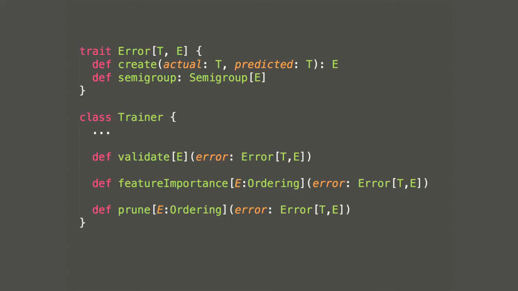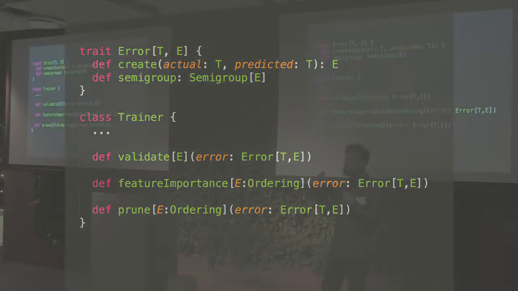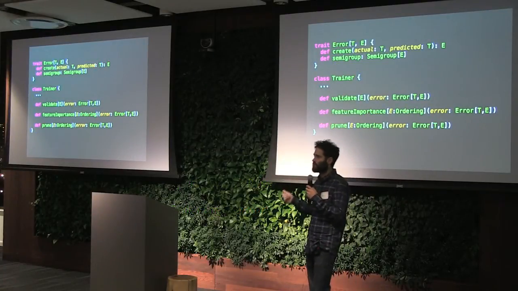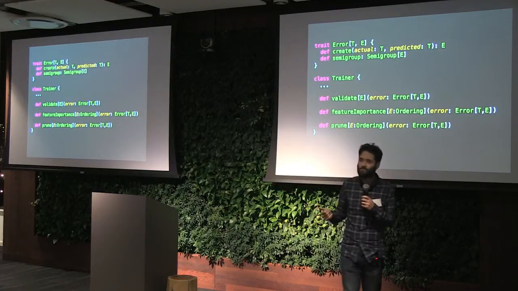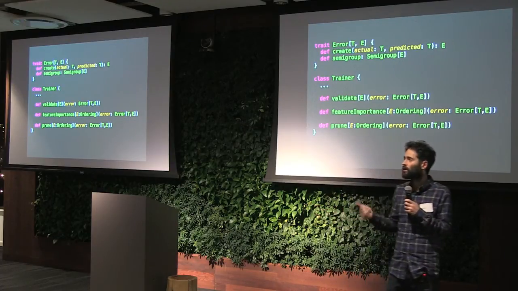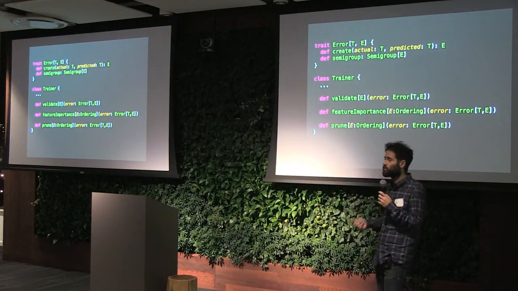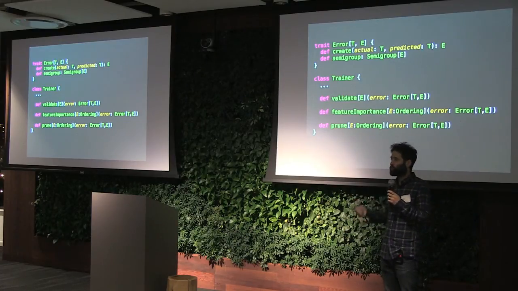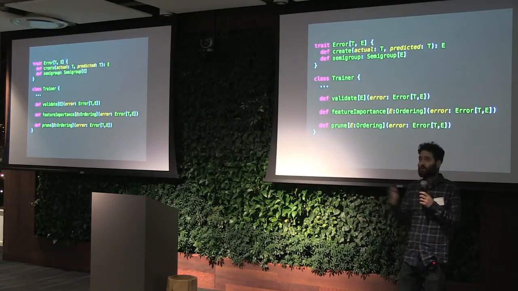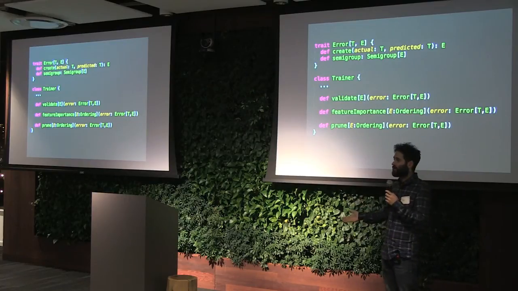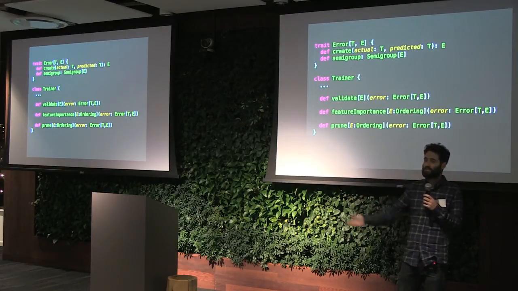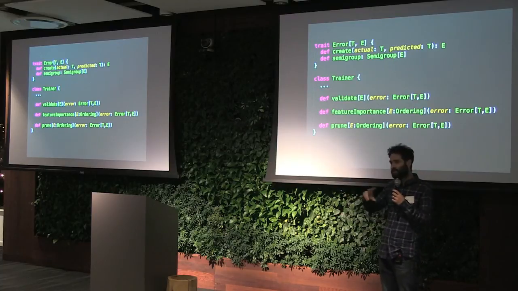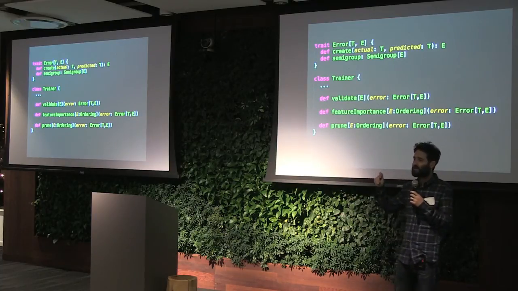So the last thing that I wanted to talk about before getting to questions was that I mentioned that one error trait gets used for a bunch of other stuff. And it's worth talking about what other stuff the error trait gets used for. So trainer has a bunch of other methods. One is validate, where you just want to know the error of your model. And there, it's using the sampler not to pick out the training set, but to pick out the validation